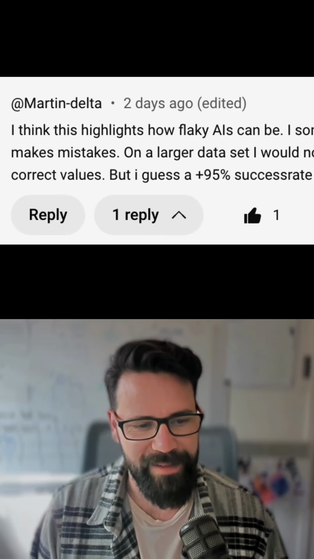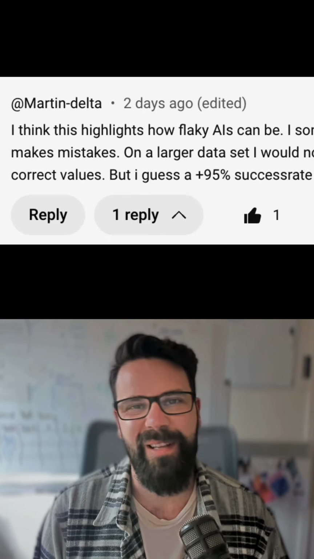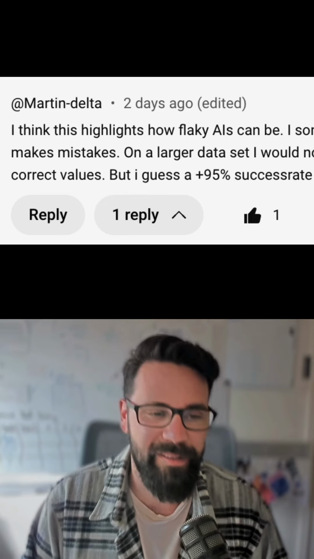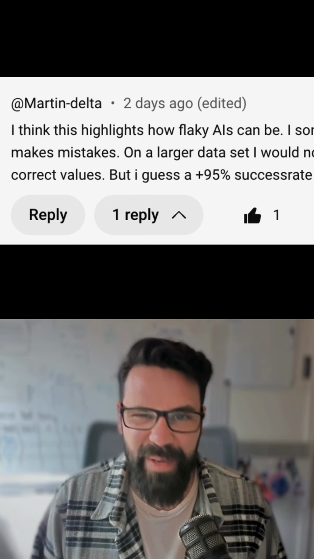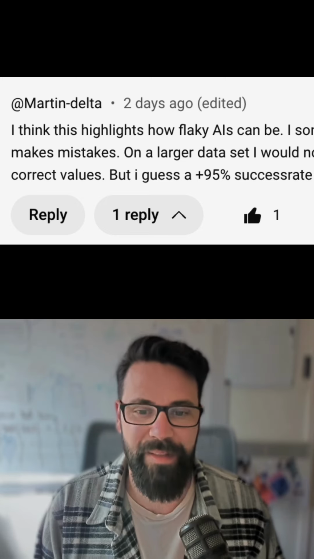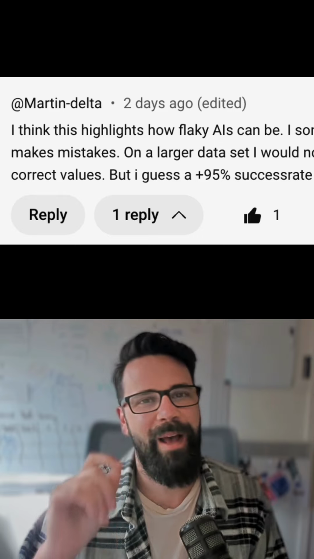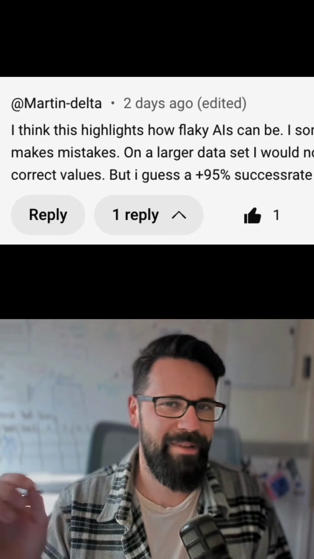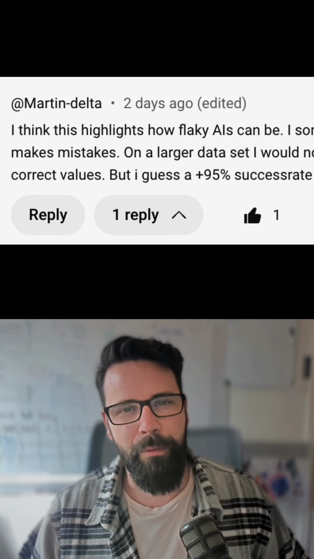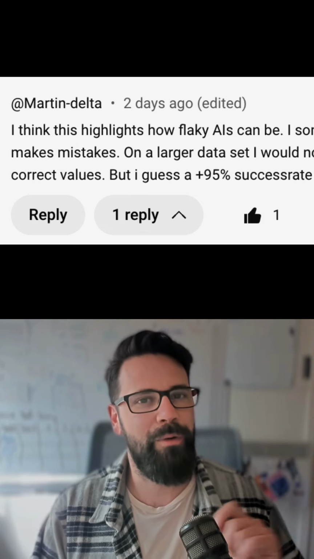I recently got this comment which basically says, I don't think you can trust AI models. They're a bit flaky. And if I was running this on a large data set, I wouldn't be able to fully trust it. And look, I don't necessarily disagree, but I think the important thing to remember is models, prompts, parameters, ground truth testing, they are all different parts of the puzzle where if one is modified could give a